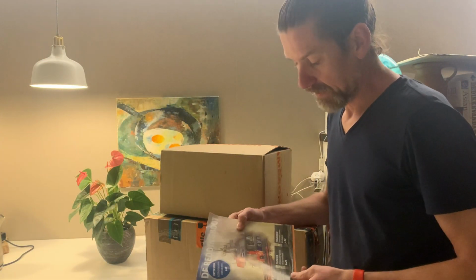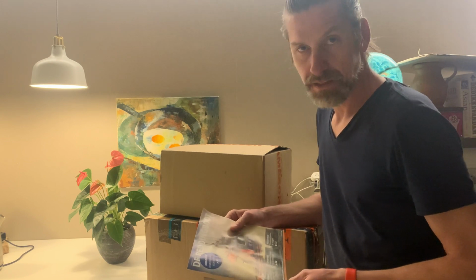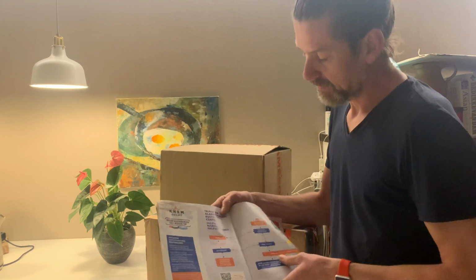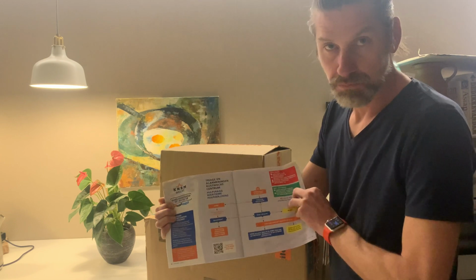But in order to get started properly, you need to prevent getting into trouble. And this is all about preventing getting into trouble. Let me explain. So this is the magazine of the KNRM, the Dutch Coast Guard. And the Dutch Coast Guard made a change recently. They basically said, if you don't have an urgent need to be rescued, you have to call a commercial company